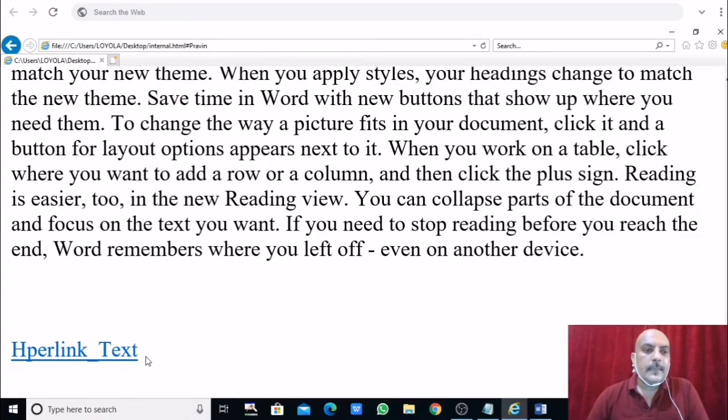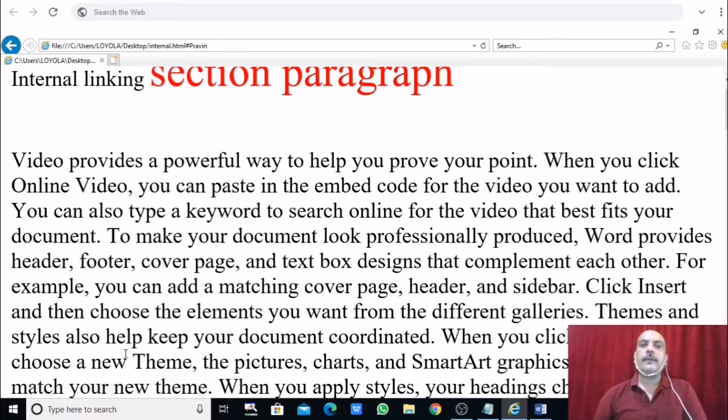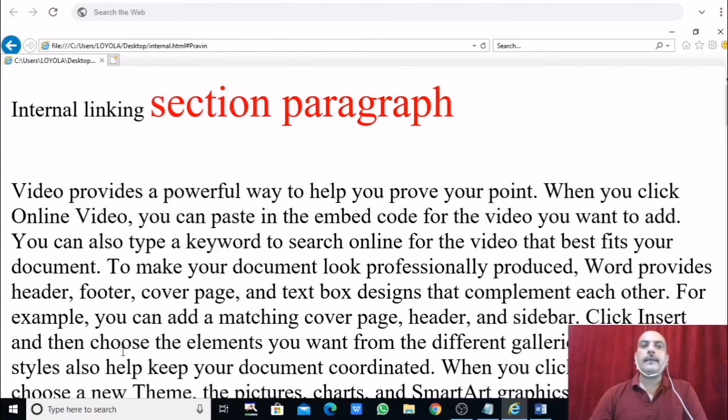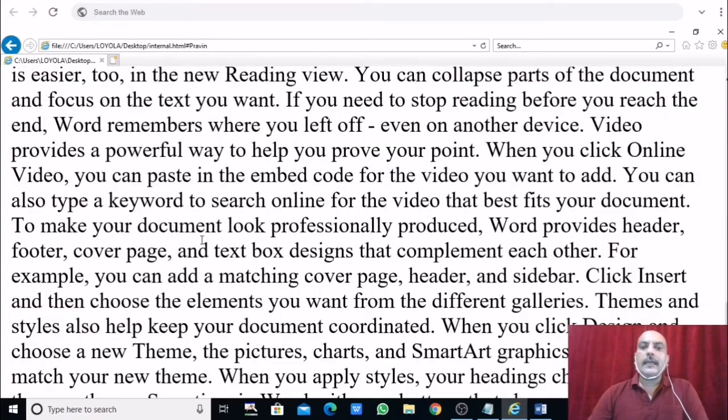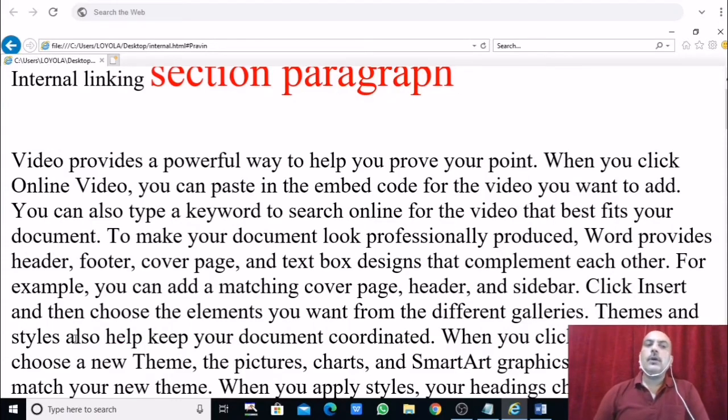So when someone clicks on this text, it takes you in the same page only, to that section. So click, see here section paragraph. It means this paragraph is showing, right? So whenever we click on hyperlink text, it takes you to the same page and this section. So this is what internal linking is about, right?